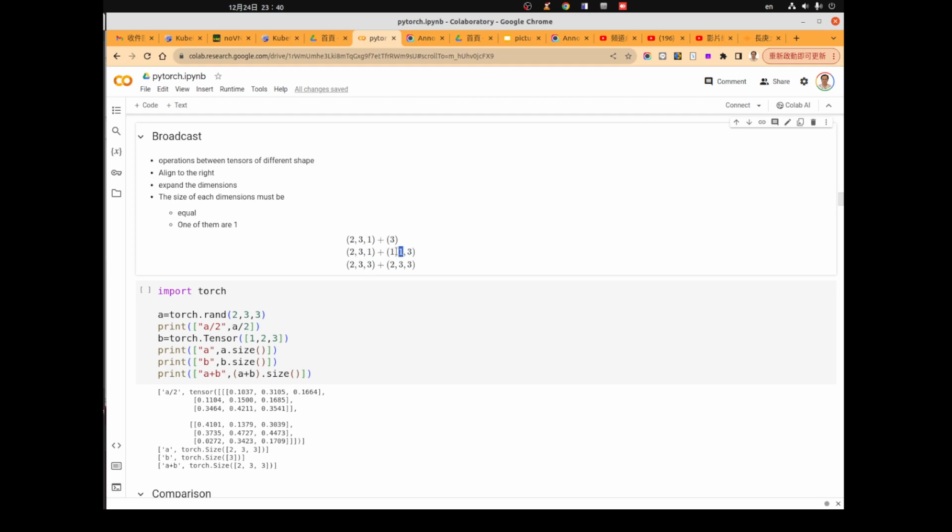This time this one is 1, so the 1 will be duplicated for 3 times. In the same way, for the first dimension, this one is 2, this one is 1, so we'll duplicate the right side two times. So in the final, both sides will become 2, 3, 3, and the returned tensor is 2, 3, 3.